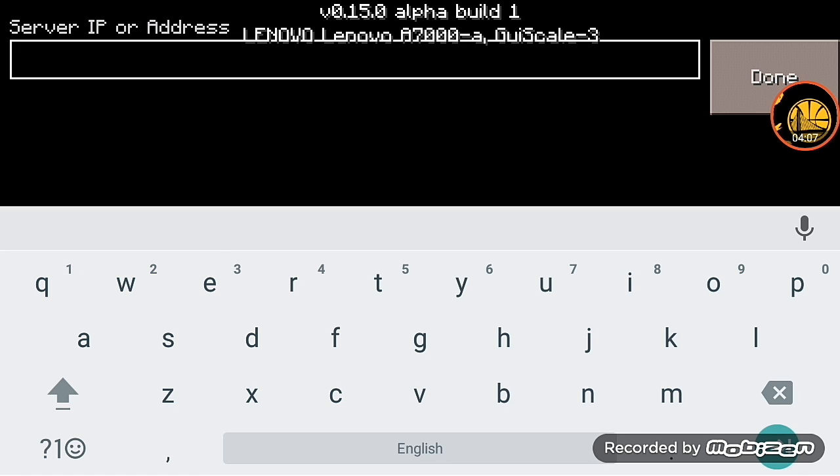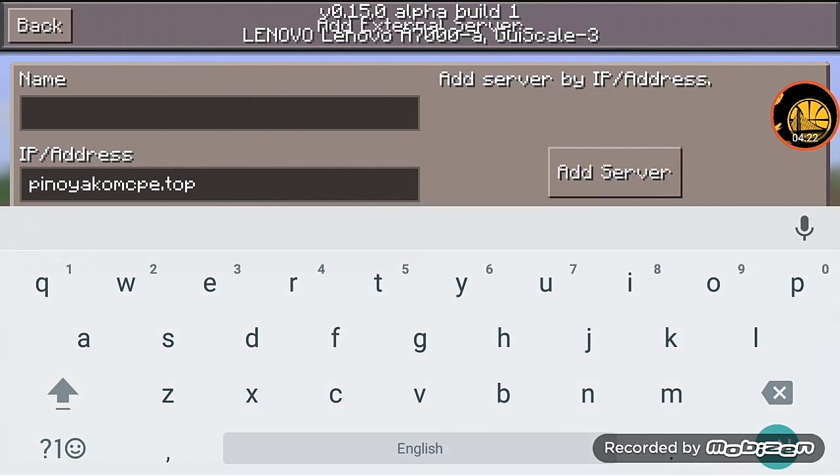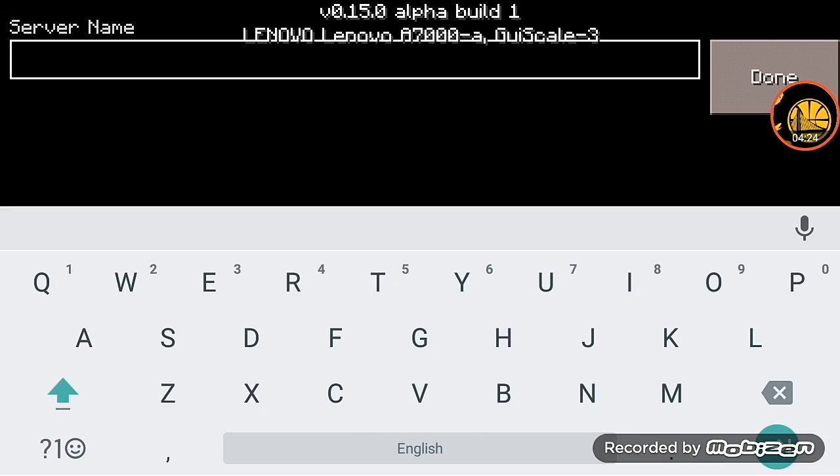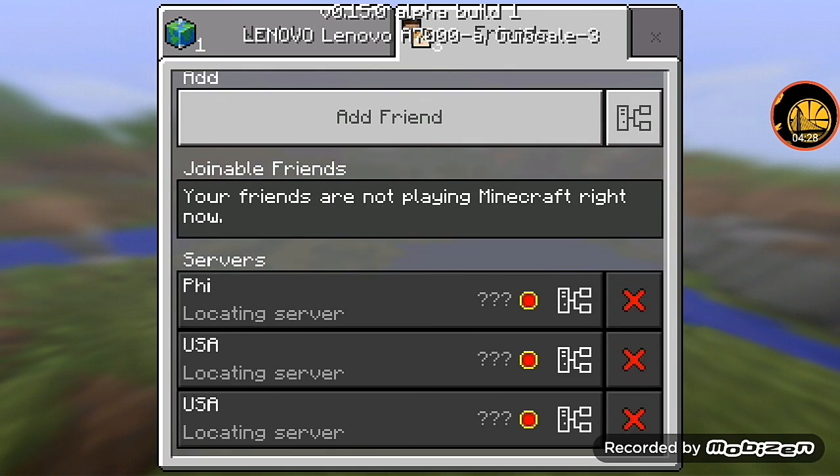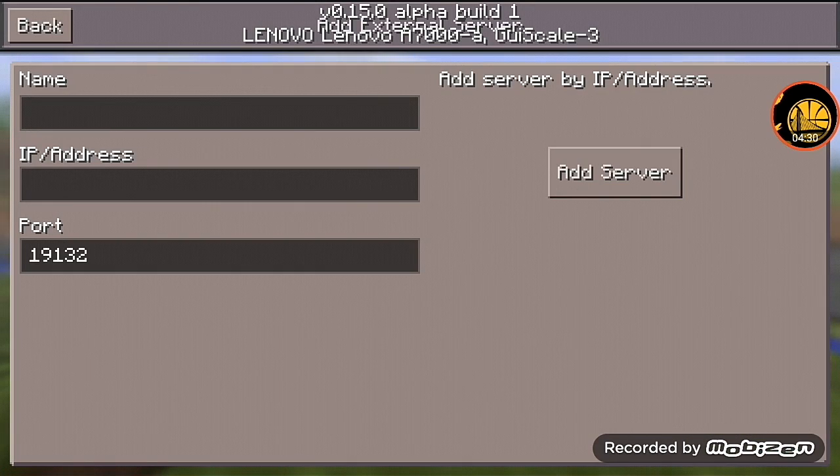The next is this from the Philippines again. Pinoy Ako MCP dot top. Yeah, that's from the Philippines. See if this works. I think it doesn't.